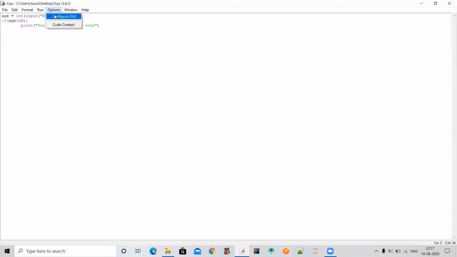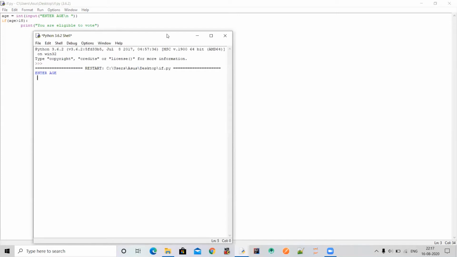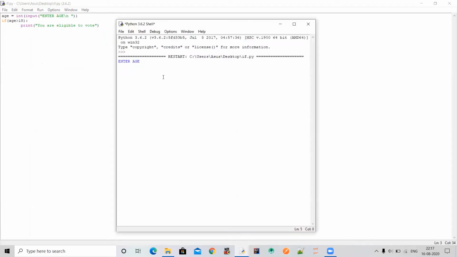Now let's run the program. So here you can see it will first ask for the age, then enter age. Age will be like 45. If you press enter, you will see that you are eligible to vote.